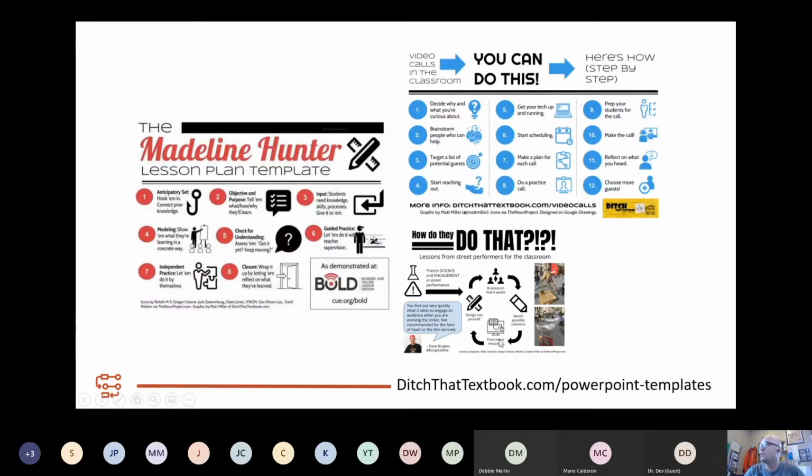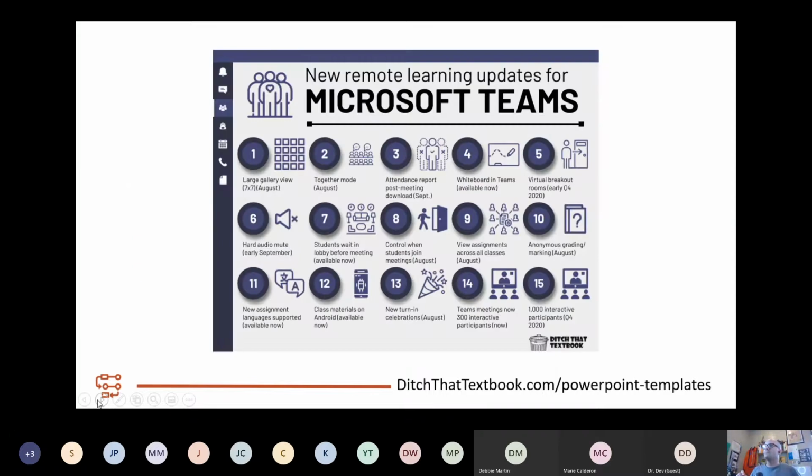My book publisher, Dave Burgess, who wrote the book Teach Like a Pirate, did a fun blog post about lessons from street performers that you can use in the classroom. And so I pulled a whole bunch of visuals together about that. And I'll even take these up to the next level, and I'll recreate, like this